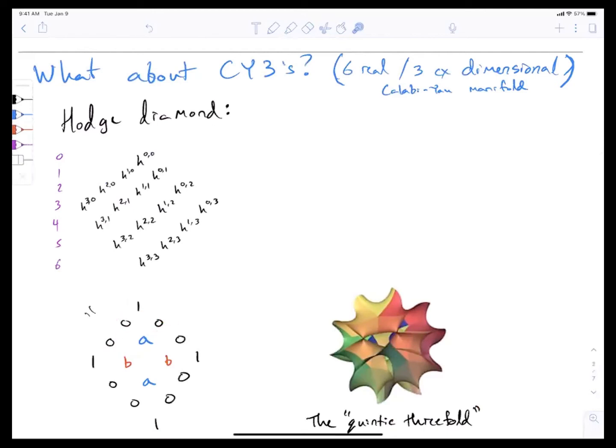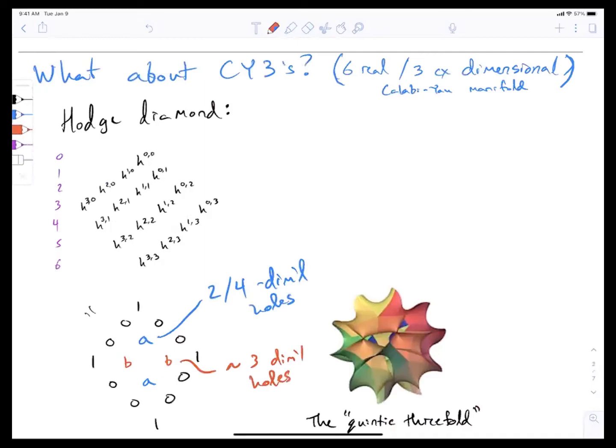There's no 1-dimensional holes. There's some number of 2-dimensional holes. That's a parameter that can change depending on x. And the 3-dimensional holes, I split up this way, but these two numbers are the same. And so it really reduces to just these two numbers. So this A is the 2-dimensional holes, which is also the number of 4-dimensional holes. And this B is basically telling us the number of 3-dimensional holes in this 6-dimensional space.